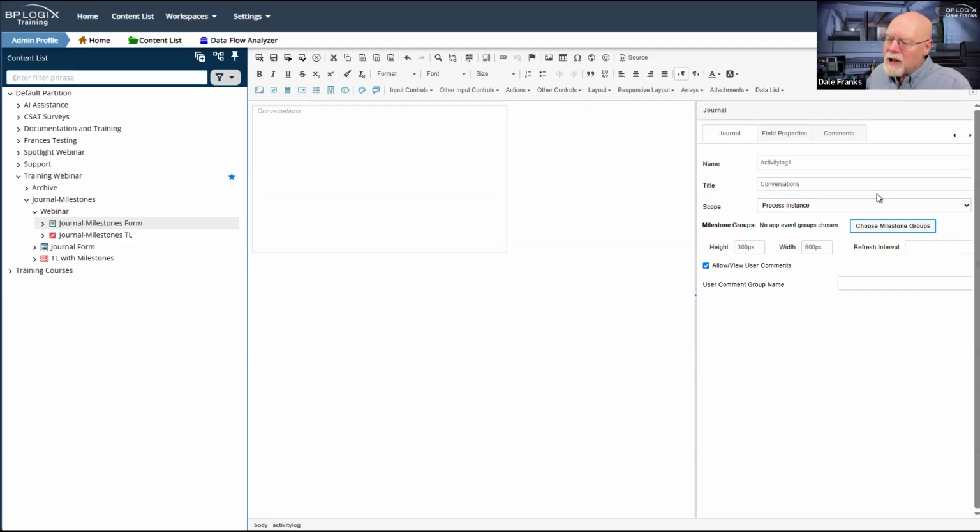So just keep in mind that the scope that you choose and the milestone groups that you choose are kind of two different scoping methods. And if there is a clash between them, then the scope is the primary control that wins that conflict. So if I choose something that is out of the scope of, in this case, the process instance, it's just not going to let me see it because it is not included in the scope of milestones. So I really have two levels of scoping. This is the primary level.